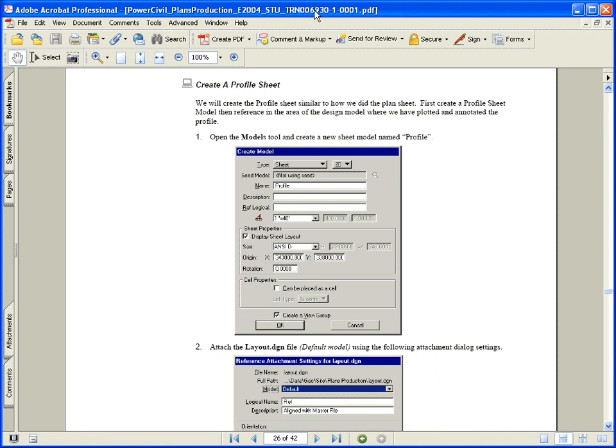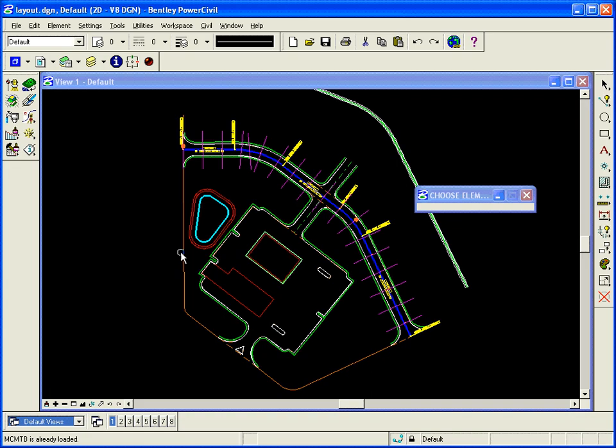Now I'm going to focus on creating a profile sheet, very similar to how we did the plan sheet. I'm going to create a model and start referencing things to it. So beginning in our training guide, we'll be on page 122, and this will take us through the bottom of 123. So let's go ahead and jump back into our layout.dgn file, and first thing is create